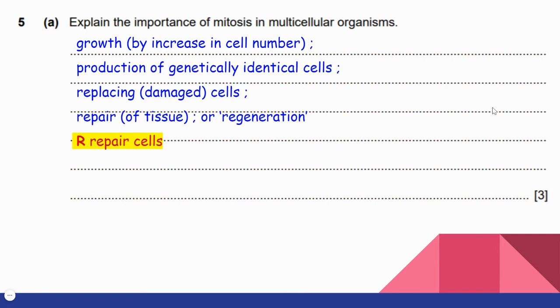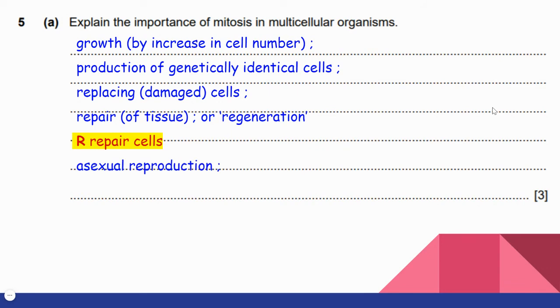Among the group of cells, if some cells are damaged, they will disintegrate or break down, and the existing cells will divide and increase in number to fill that space. So the tissue will get repaired, but repairing a cell is not increasing the number of cells. So that is not mitosis. So never write that in your answer. R means reject that part.